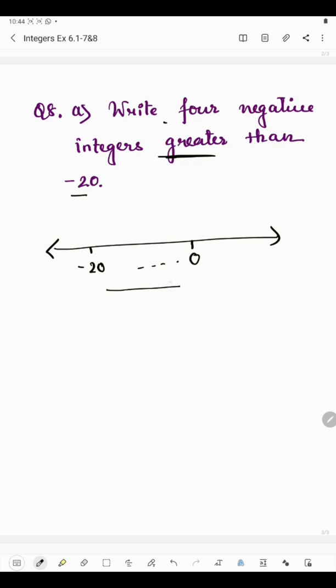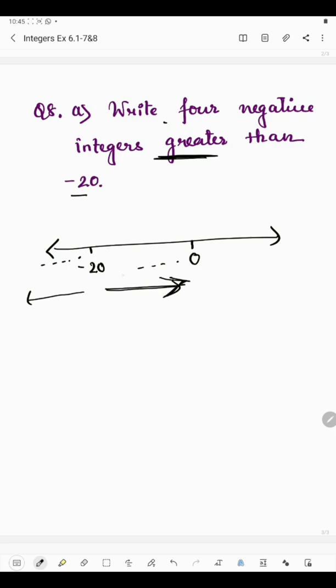Greater means we will move to the right, because when you move to the left, numbers are getting decreased. So after minus 20 is minus 21, minus 22 like this. And if you write like minus 21, minus 22, see here, when you compare with minus 20, this seems bigger. And in case of negative numbers, we know that if the number seems bigger, actually that is the smaller number. So when you go towards left, you will get the smaller number. So when greater is mentioned here, we will have to move to the right.